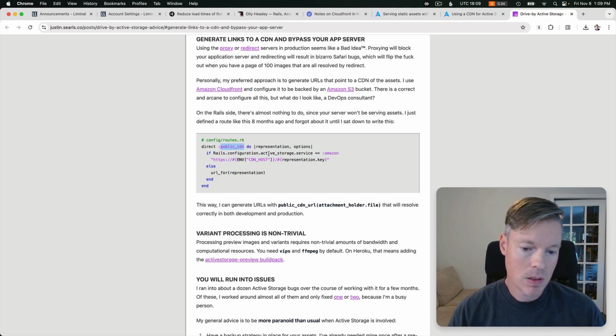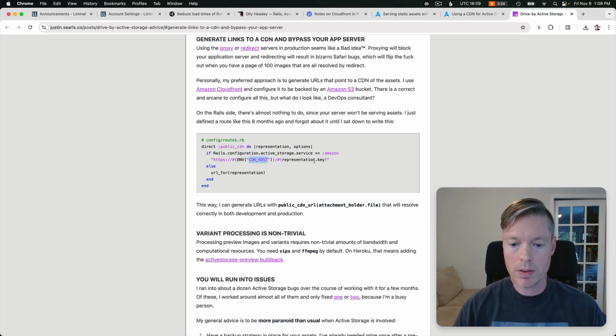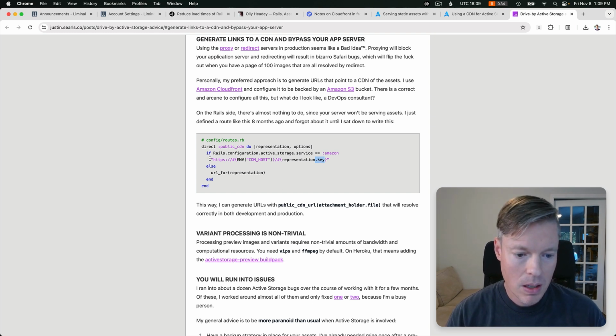And if the active storage service is set to Amazon, then just call the CDN host directly with the key for that blob. And this ended up being the way I wanted to go, rather than what I realized is,